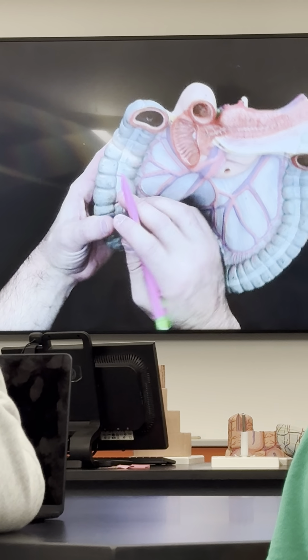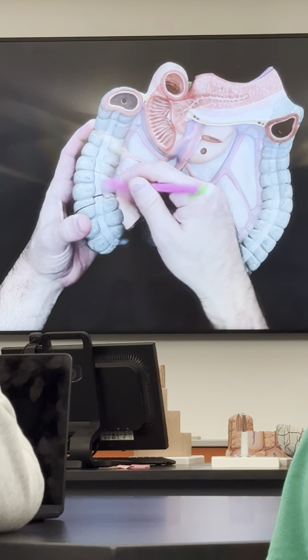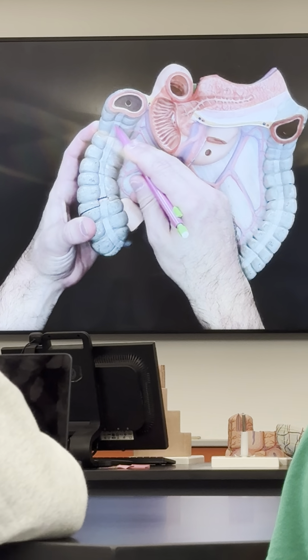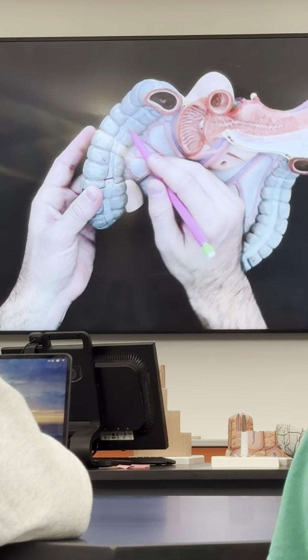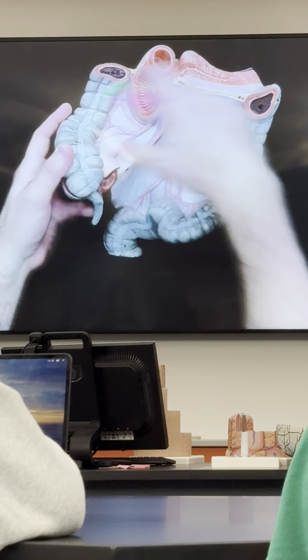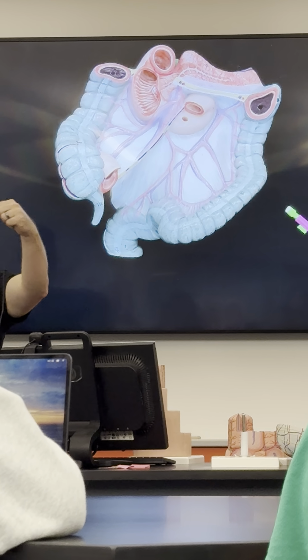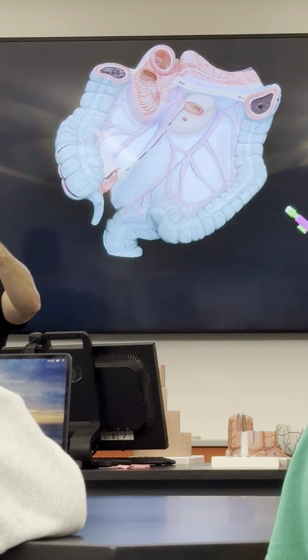Really, they're basically a byproduct of this right here. This is a muscle called the taeniae coli. You have three of them; there's one shown here, the others aren't shown. What they do is contract lengthwise, and when you contract something lengthwise, look what happens to it. It bunches up, so you get these little pouches.